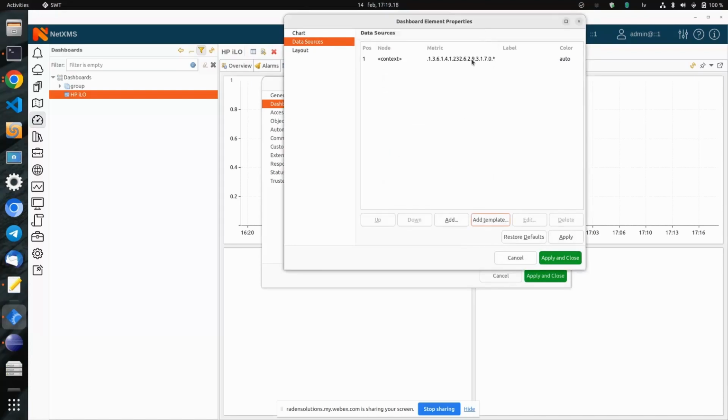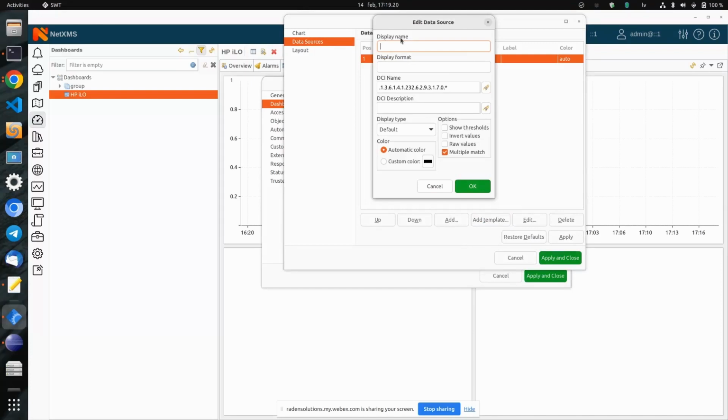And once it's created as a template, you can say display name, display format, and DCI name, DCI description, and some other configurations. So how does it work? If you already are familiar with another functionality that is named template graphs, you should be already familiar with this view. But if not,